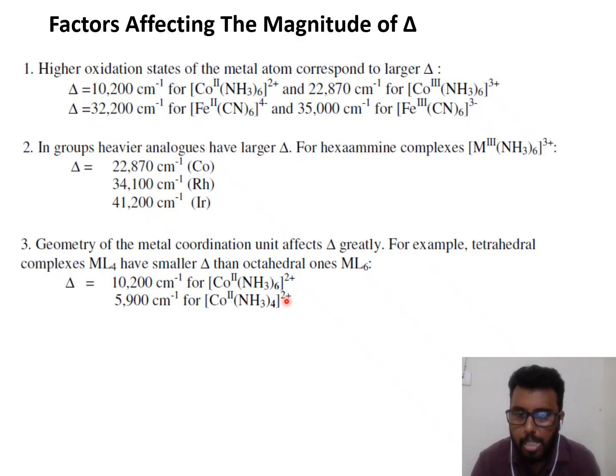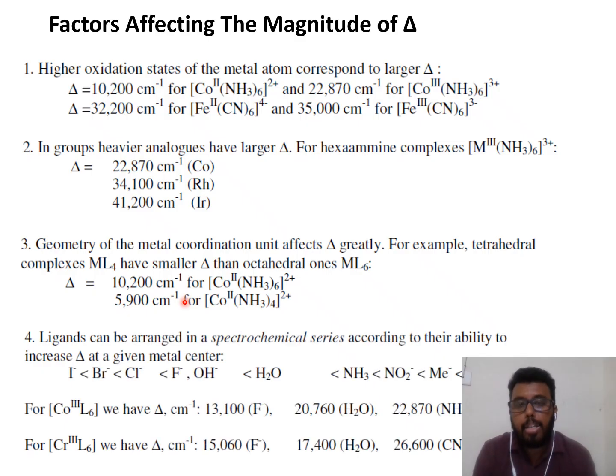4 means tetrahedral, 6 means octahedral. So octahedral is having higher splitting energy, and ligands can be arranged. So this is one of the important questions, the spectrochemical series. What is the spectrochemical series and how are they arranged? Ligands can be arranged in a spectrochemical series according to their ability to increase the delta at a given